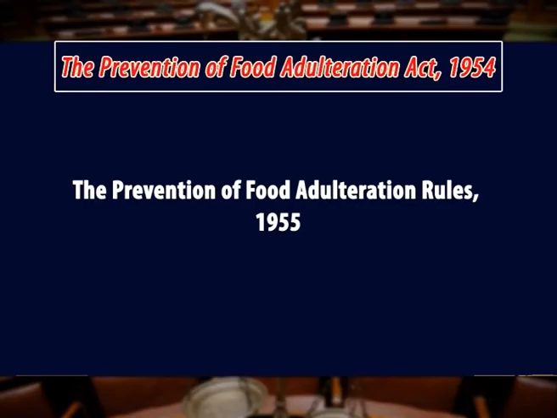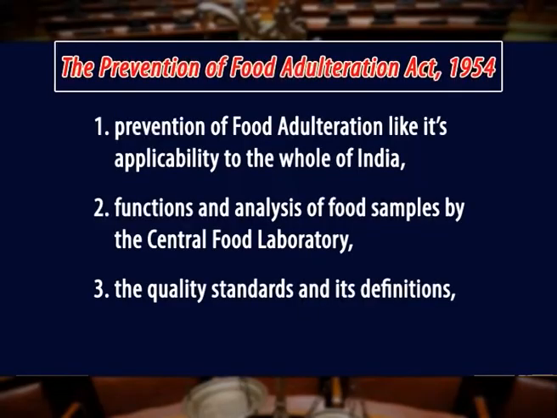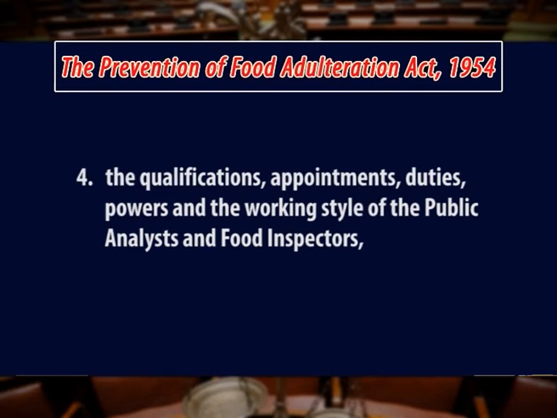The Prevention of Food Adulteration Rules 1955 are the rules applicable to the whole of India, which are divided from Part 1 to Part 19 with 3 appendices A, B and C, wherein it deals with the different aspects pertaining to the prevention of food adulteration, like its applicability to the whole of India, functions and analysis of food samples by the Central Food Laboratory, the quality standards and its definitions, the qualifications, appointments, duties, powers and the working style of the public analysts and food inspectors,